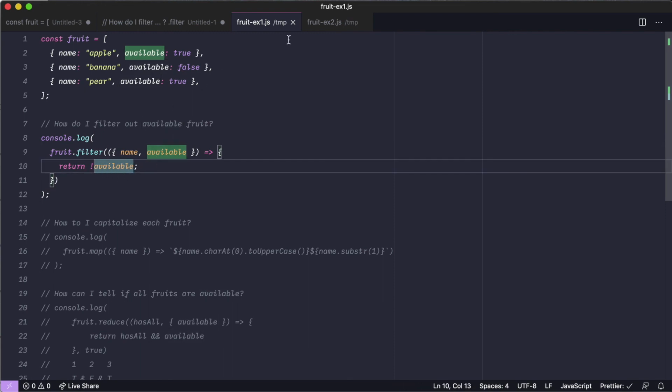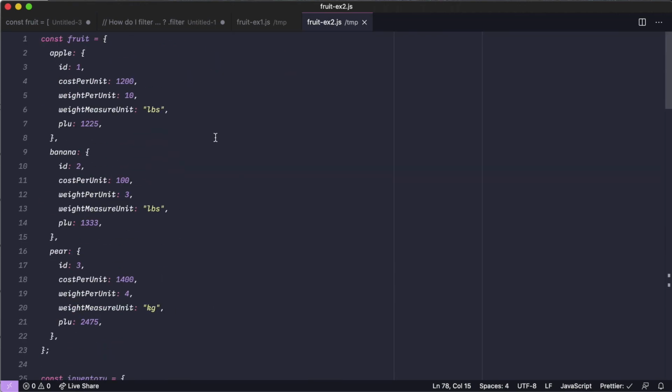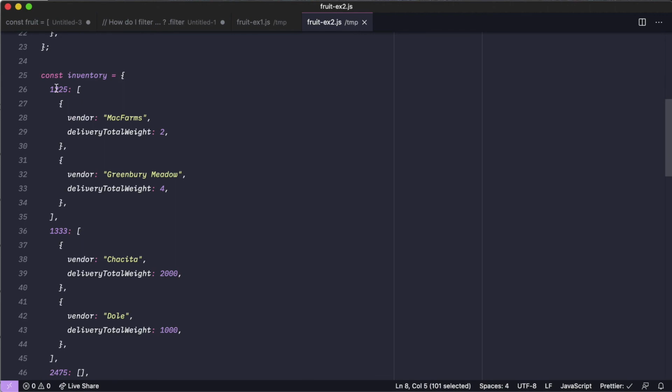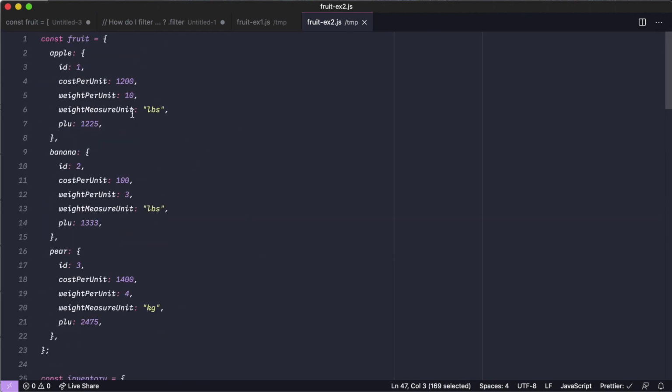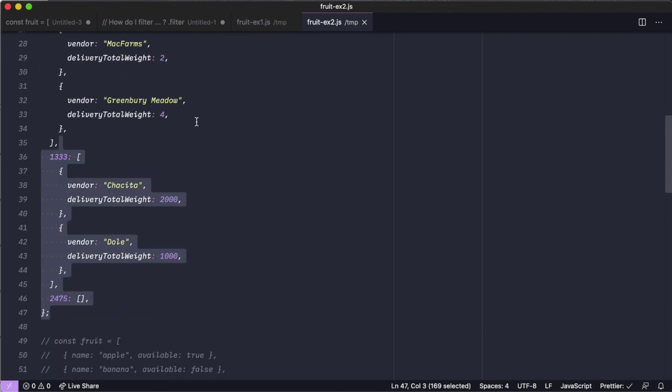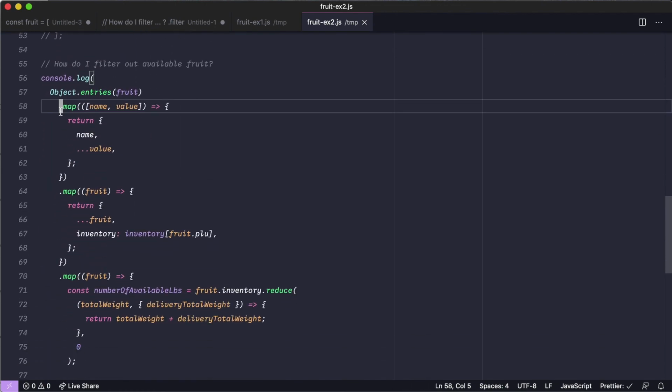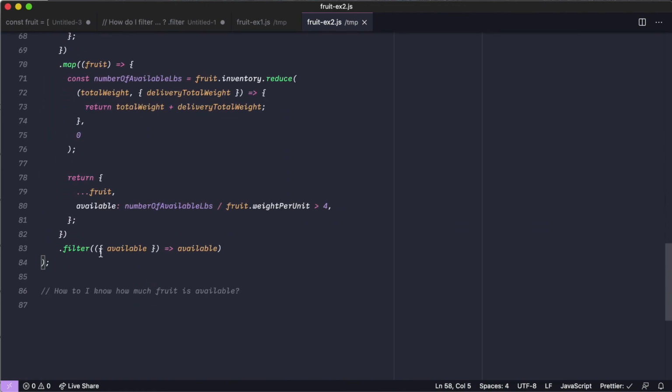But if we get into a more realistic situation where we don't have that available Boolean, we have different types of data that we can accumulate to understand what available means. We have to combine, we have to use those operators, and that's where map, filter, and reduce